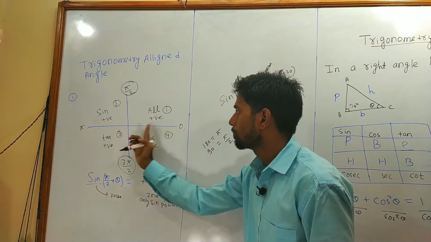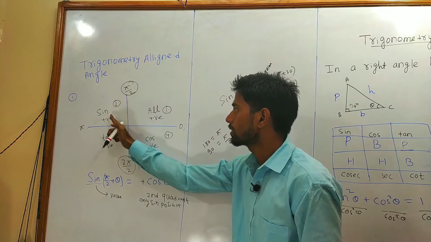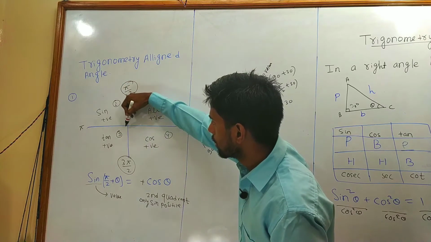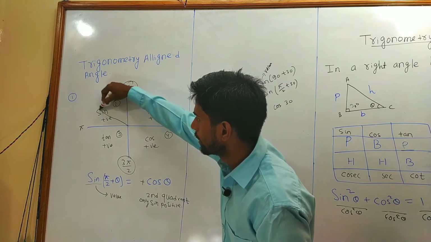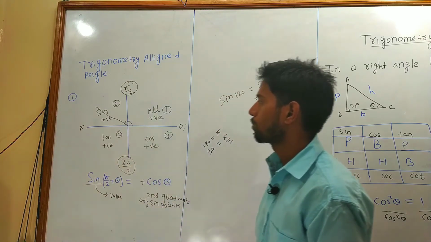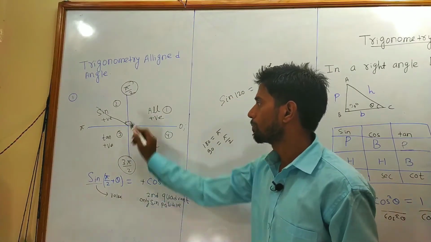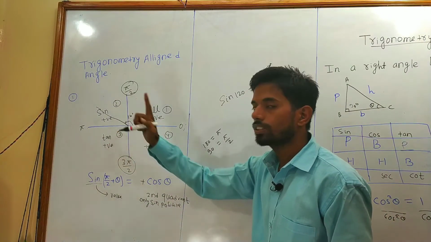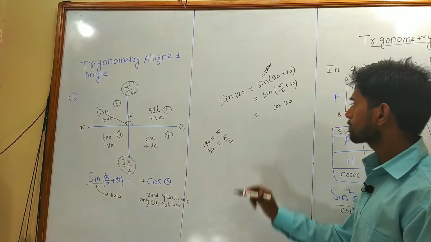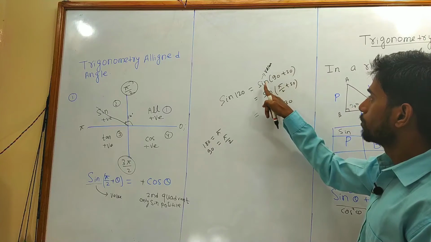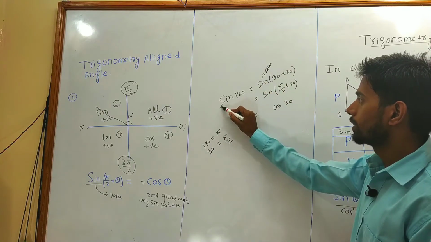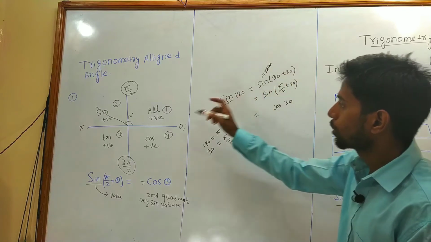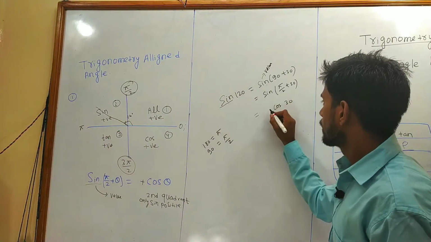This is 0 degree, this is 90 degree, and 120 degree lies between, it lies in the second quadrant. Here it is 120 degree if you are taking anti-clockwise. So sin 120 degree lies in the second quadrant. Now tell me, what I told you: we have to give value to what is written there, that is sin. So sin is positive in the second quadrant, that's why it will become positive.